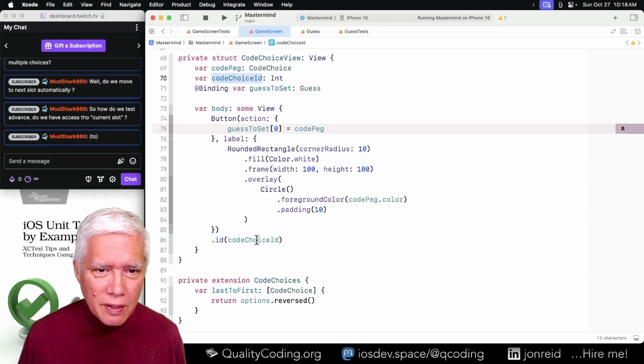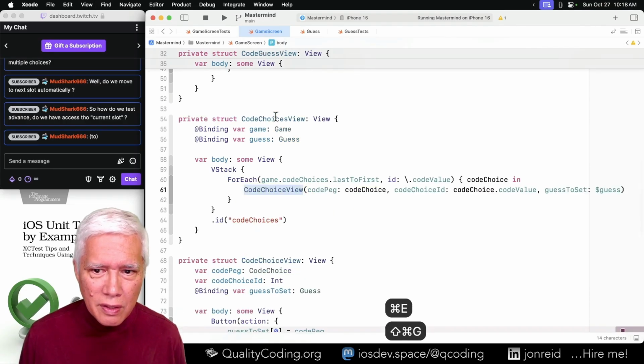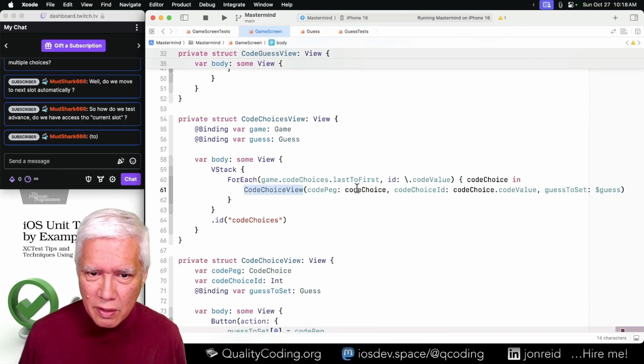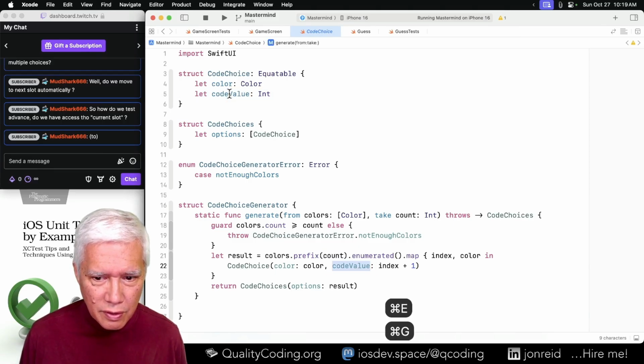The code choice ID, which comes from the code choice code value, which looks like an integer.